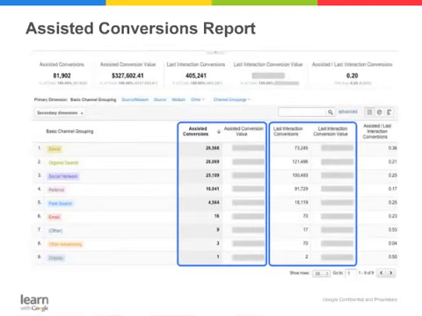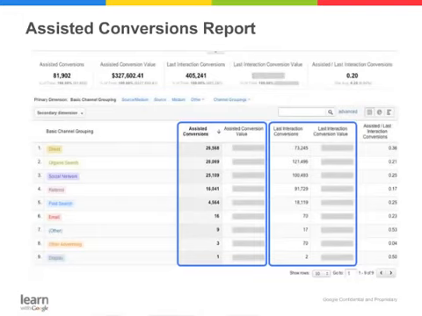It's giving you how a channel performs in terms of driving direct conversions and how a channel performs in driving assisted conversions. And that's really important to understand because some channels may be really good at assisting, and other channels might be really good at driving direct conversions. And that changes how you actually look at the data, right, and how you actually use those different channels. So if you find that social media is really, really good at assisting conversions, you might use those channels to spread your brand message or to help people understand your products a little bit. If you find a certain channel is really good at driving direct conversions, you might put more specific offers in